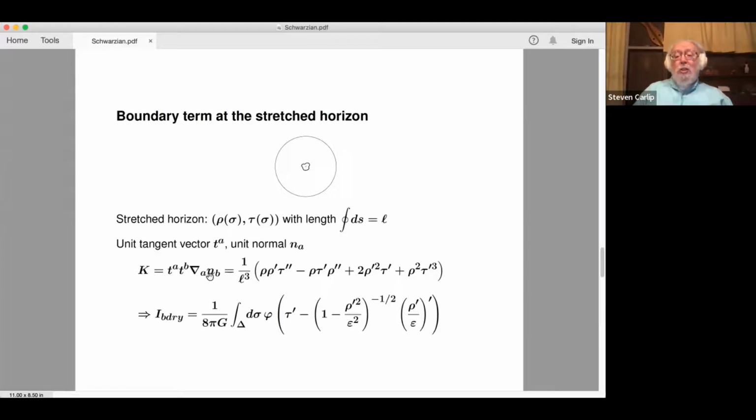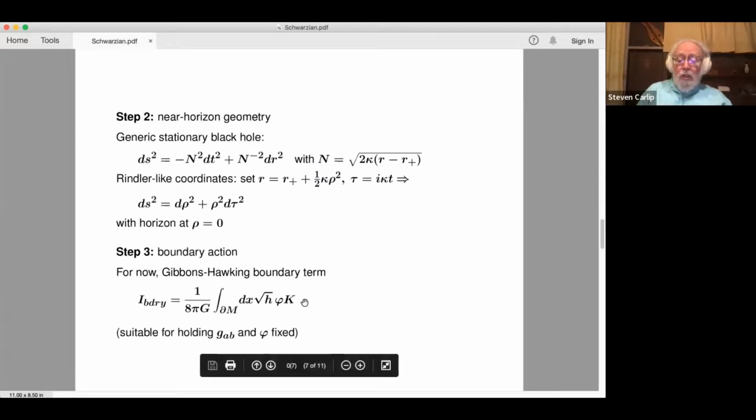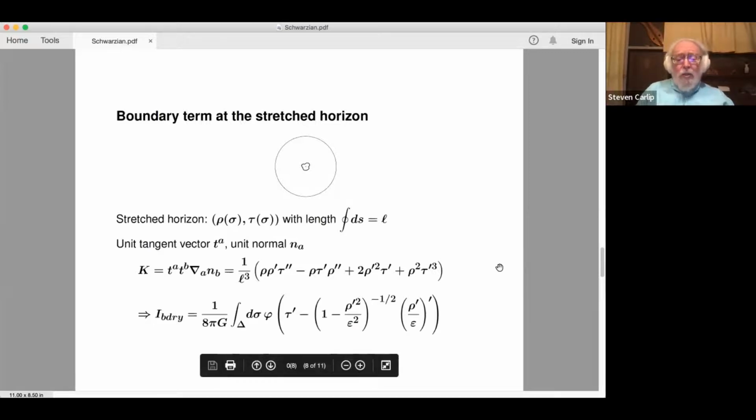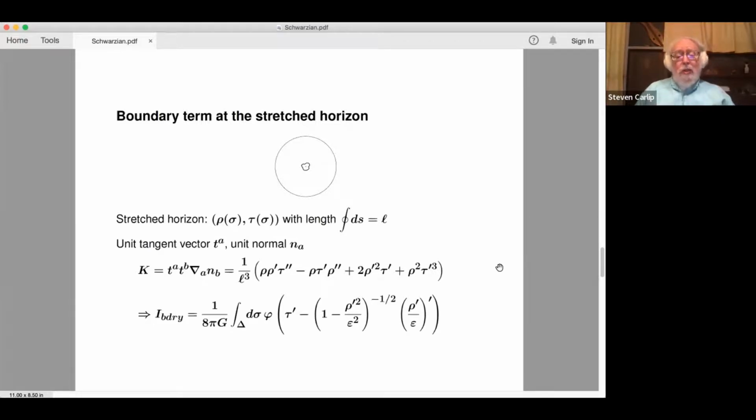In higher dimensions, it's a slightly more general expression because there's more than one tangential direction, but it's still essentially the same. So you just write this out and do the calculation, and it gives you some arbitrary looking combination of derivatives of the coordinates of the curve. You stick this into the Gibbons-Hawking boundary action,